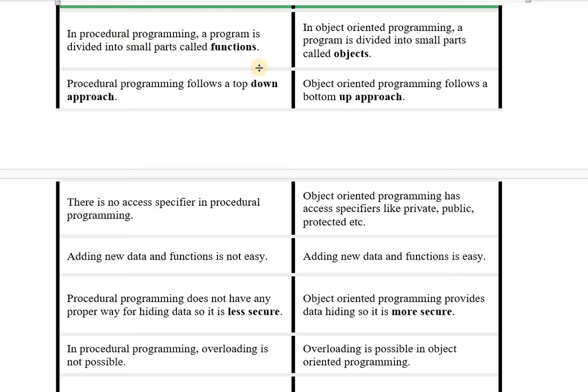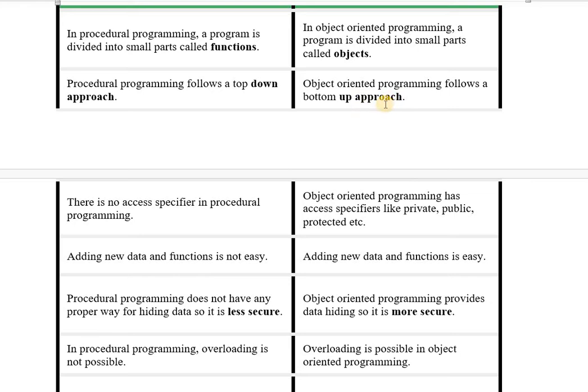How do we write any function, and how do we call those functions inside other function or in the main function? So that complete scenario forms a procedure oriented language. Whereas in object oriented programming, the program is divided into smaller units or smaller parts known as objects. Procedure programming follows a top down approach, whereas object oriented programming follows a bottom up approach.